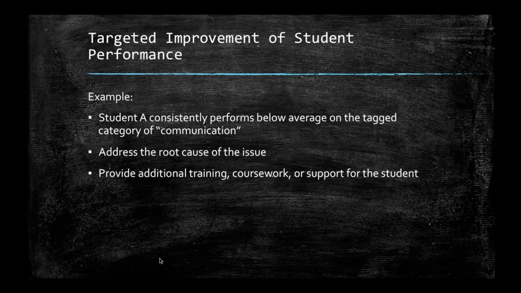So here's just an example of what I just spoke about. So if student A consistently performs poorly on the tag category of communication, which is a soft skill, we can see what the issue is. A faculty member or an advisor can determine or address the cause of the problem. Maybe they can talk to the student and ask if he or she is nervous, is anxious, or perhaps has some self-confidence issues, and then they can help them work through it. So they can offer additional training or support for that student so he or she can improve their